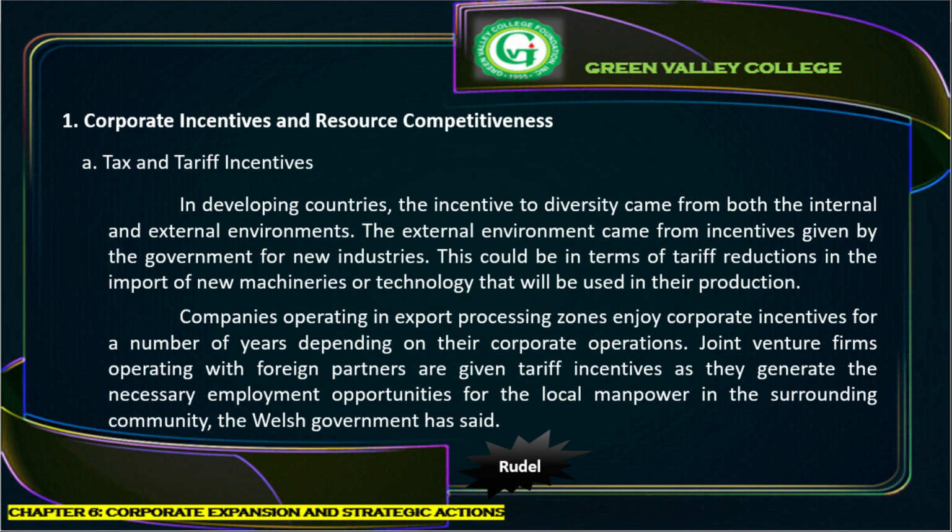So, aside from that, itong corporate incentives and resources competitiveness, not just only referring sa mga tao or sa agencies na tumutulong to give capitals. Pwede din na yung mismong sa loob na mismo ng isang company, nagbibigay din sila ng mga incentive to their employees or to their staff para at least kahit